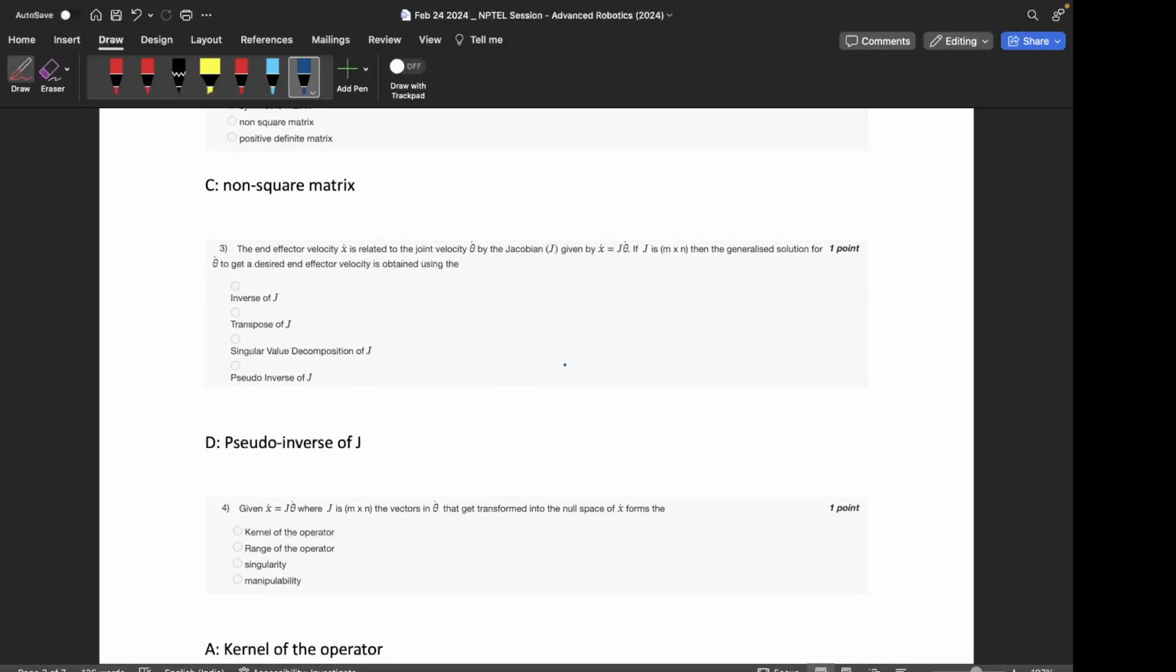The third question is the end effector velocity x dot is related to the joint velocity theta dot by the Jacobian J, given by x dot is equal to J theta dot. If J is m cross n, then the generalized solution for theta dot to get a desired end effector velocity is obtained using the